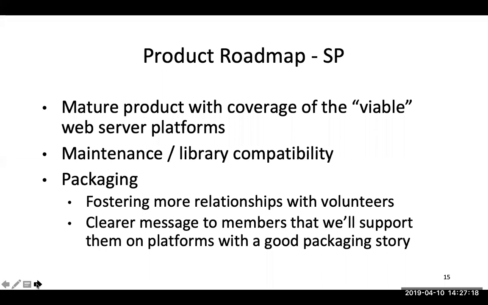But I think it's likely that we will do some official statements to the membership about certain platforms, Debian certainly being one of them, that we would adopt as sort of official quasi-supported platforms, even though we're not handling the packaging for them. So that's something to keep an eye on. And we'll probably be going out with a bit of a poll of some kind in the future to try to get some information back from the membership about exactly which platforms they have the most concerns about and the most demand for, to make sure that we can prioritize our activity where we need to.